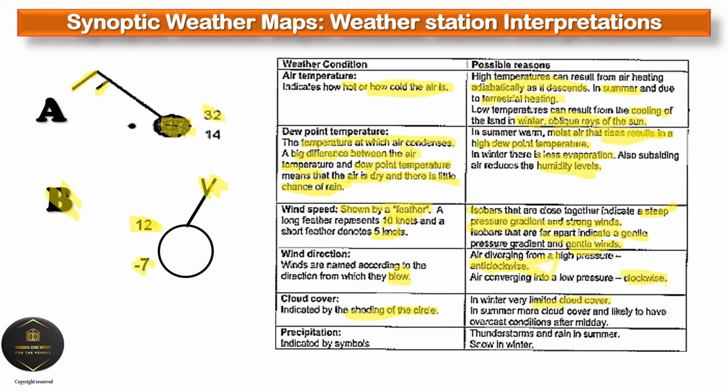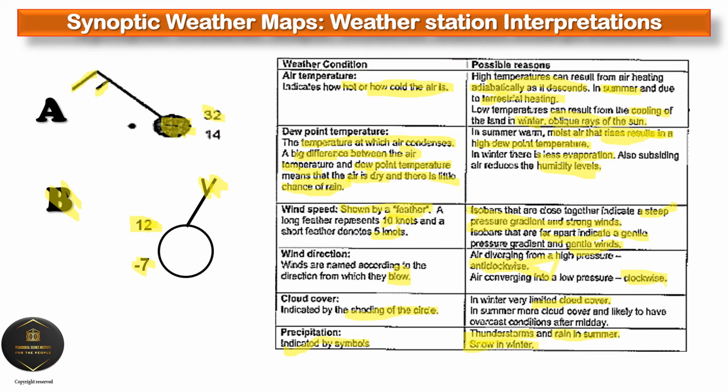While with precipitation, the opposite is true, of course, right? Precipitation is dependent on which pressure systems are dominant. So we know that in summer we have low pressure systems dominating. So remember, precipitation is represented by symbols. So since low pressure systems are dominating, we have more rising air, and therefore we are going to have more condensation, leading to thunderstorms and rainfall in summer,